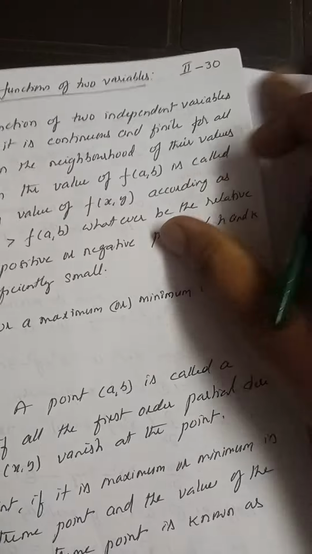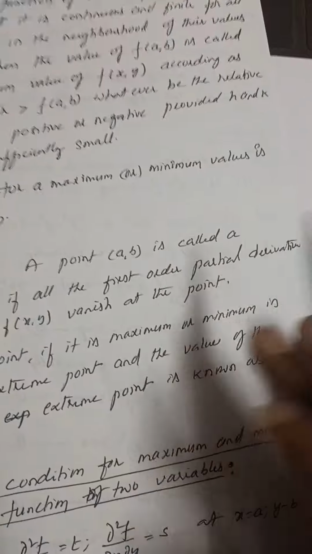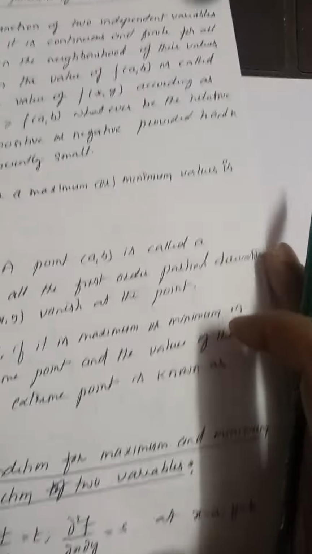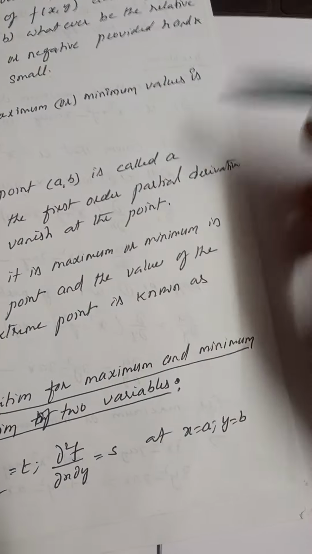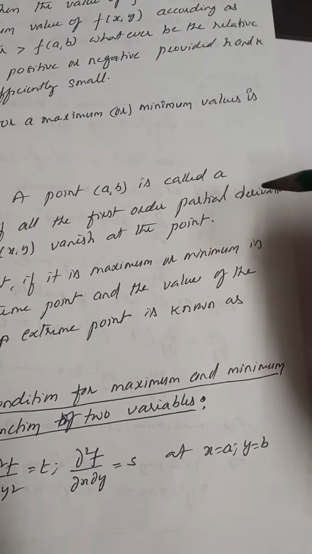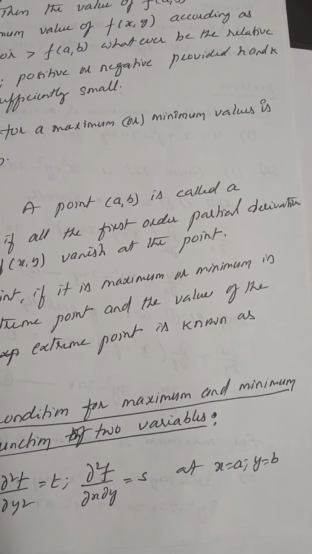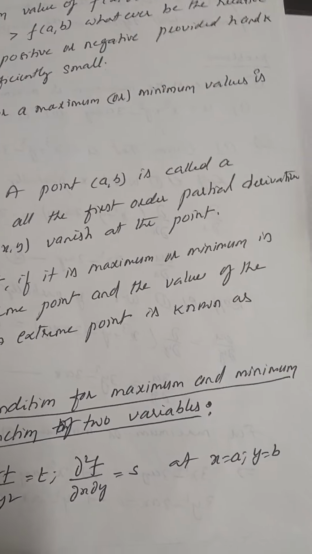Good morning, students. Now, the next topic is maxima and minima of the function of two variables. Right here, some description is given to you. No need to memorize this description. The only thing is stationary points and extreme points. These are the definitions. A point is said to be a stationary point if the first order partial derivatives vanish